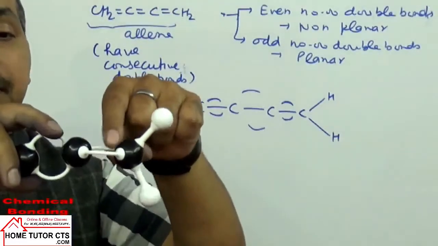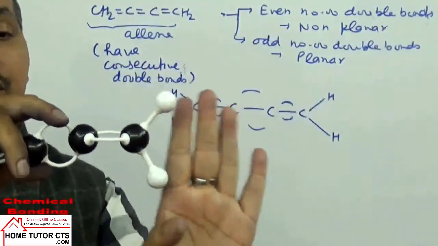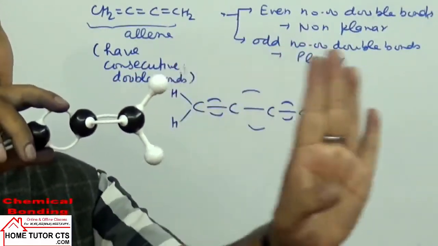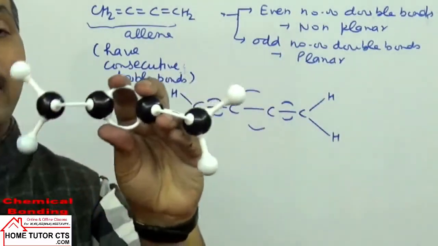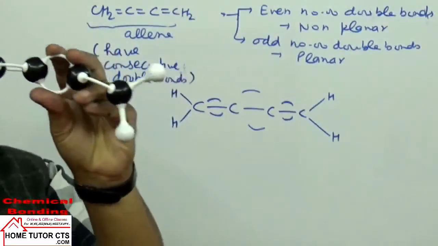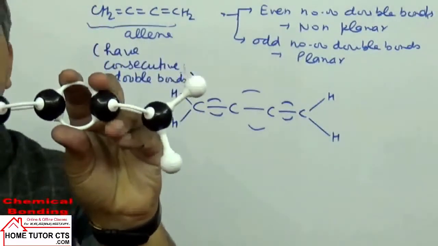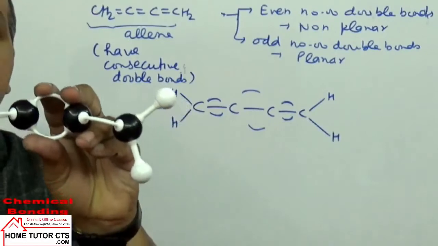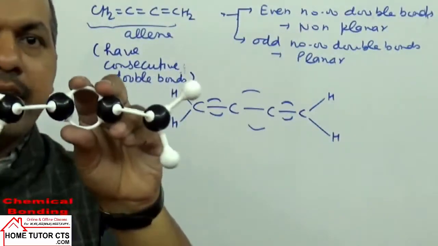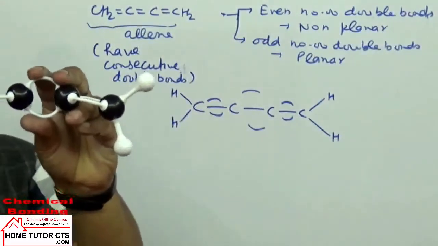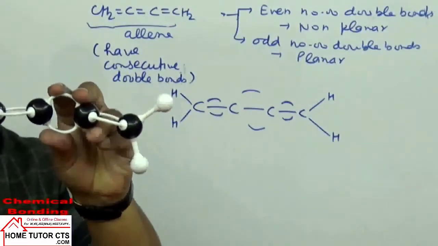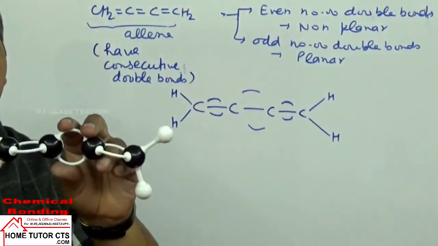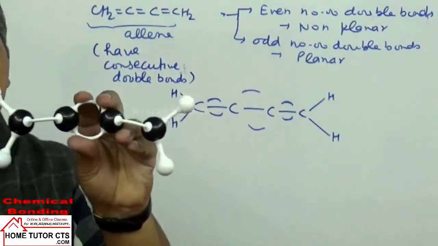This pi bond becomes perpendicular, and to the pi bond the group will be perpendicular. So ultimately all the atoms, hydrogens and all the carbons, come in the same plane, so this molecule becomes a planar molecule. You get an exam question frequently: selection of planar and non-planar molecules among the following. So when we have especially allene systems,